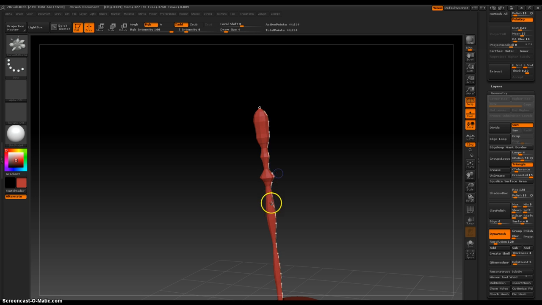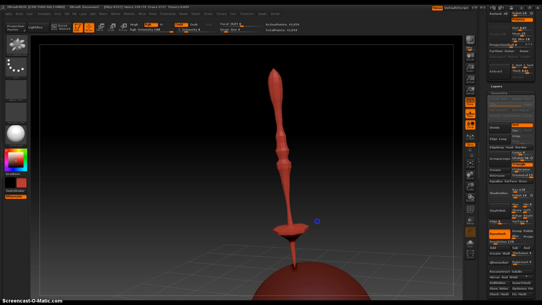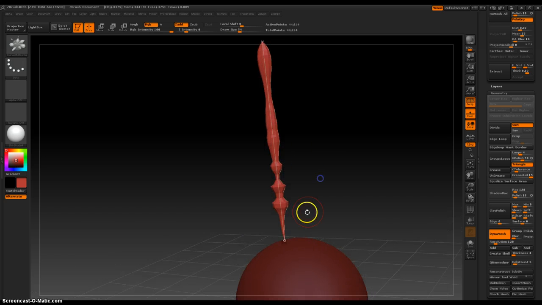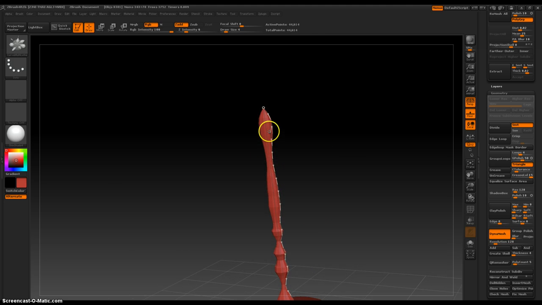So let's see, how could I, I don't know. I guess I should just show you the brush. Now this would be good for those foot things that the tables have. So the ball would be the table, and it would be connected like that, and then all decorative in the middle, and then totally bumpy right here, and then yeah, this is what I was